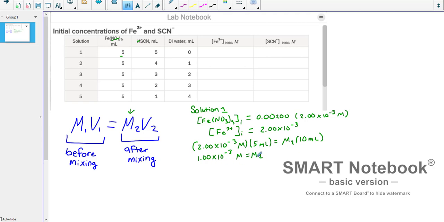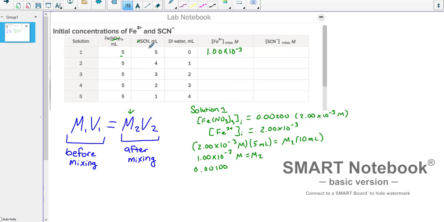So your molarity after mixing of the iron ion here would be 1 times 10 to the negative third, or if it does not want scientific notation, 0.00100. To do it for the thiocyanate is going to be the same thing. Thiocyanate was also 2 times 10 to the negative third molar, and it's going to have the same volume for